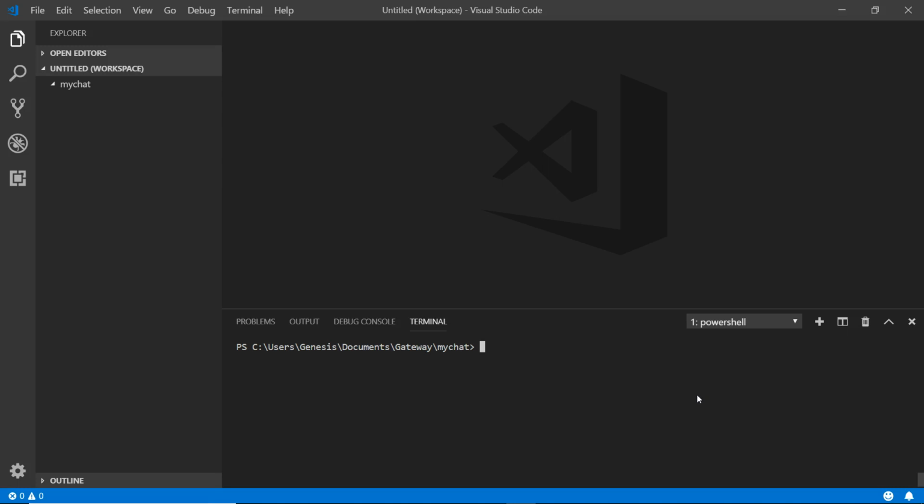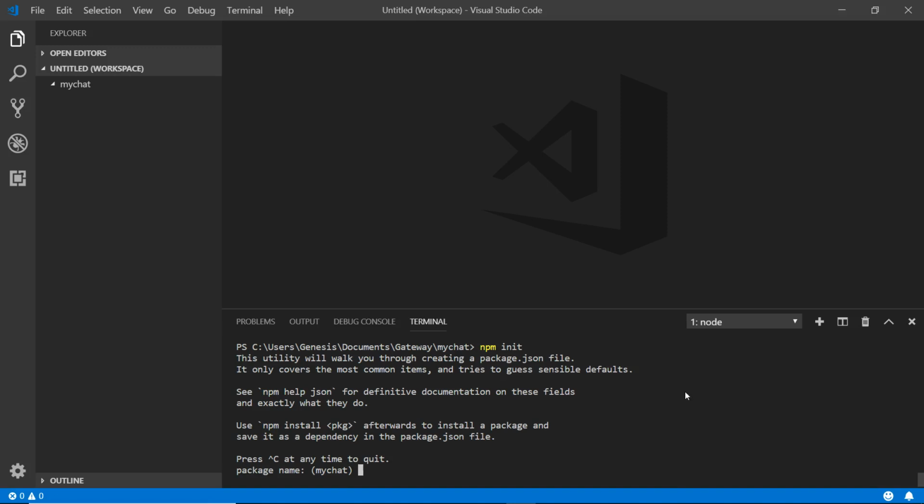It's the file that tells everything about your package or your application. Okay, so to do that, you just go npm init. If you don't have npm installed or if you don't have node installed, you want to make sure you install that first. Okay, so it's going to ask me for the name of the package, and the default is